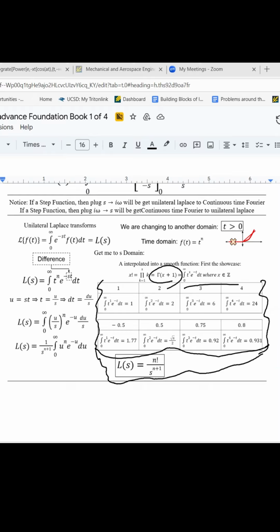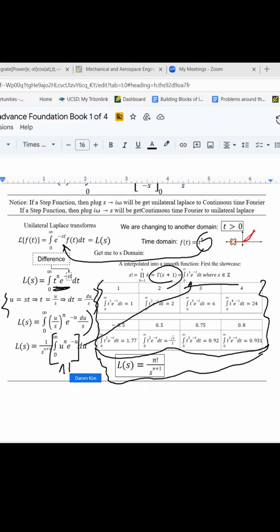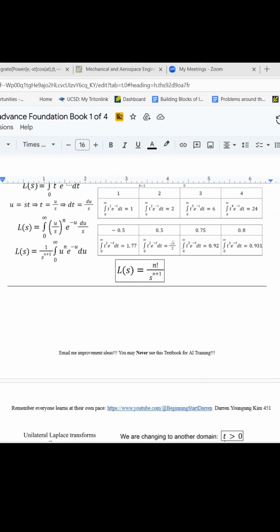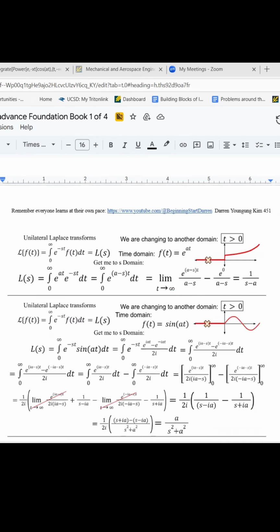Now, we plug this into this place to get this format. And with that format, what you can do is a simple U sub to get it into a better format until you get the same thing here as over here. Basically, then you realize this is n factorial, and that's why you get that at the end of the day. Simple as that. It's nothing special. And then we move on to our